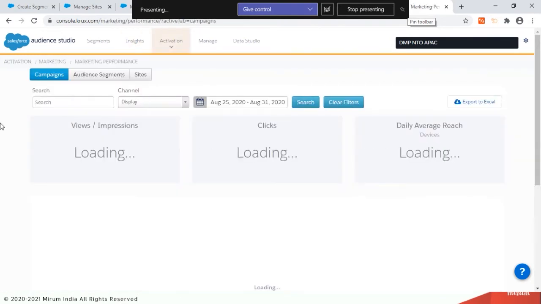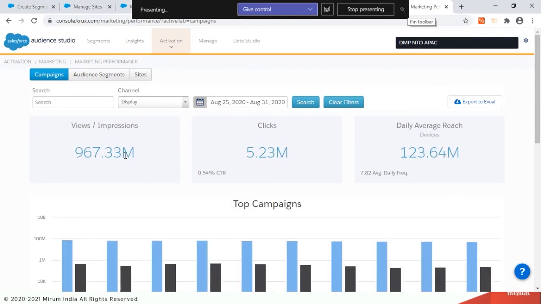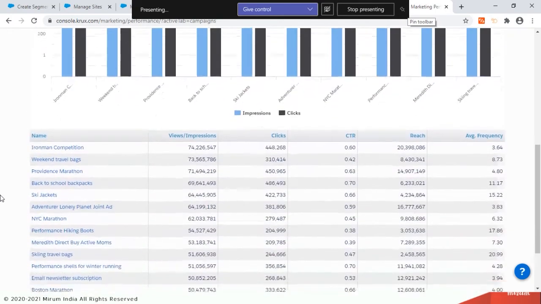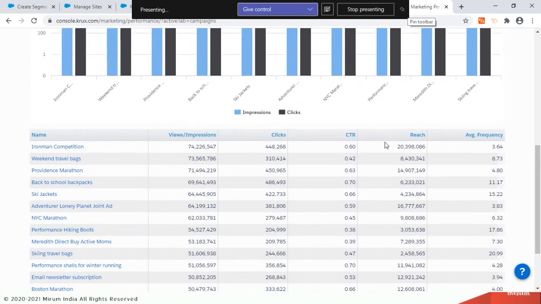So any campaign that you are currently running, how it is performing, how many impressions it's doing, how many clicks it is getting. While currently we also have this data, it is segregated across various places where the ads are being performed, right? A DMP, since it's collating data from various places, can give us a single interface to view the ad impressions, how many clicks you are getting from them, and how a particular campaign is performing in the form of conversion, in terms of CTR, in terms of reach, right?